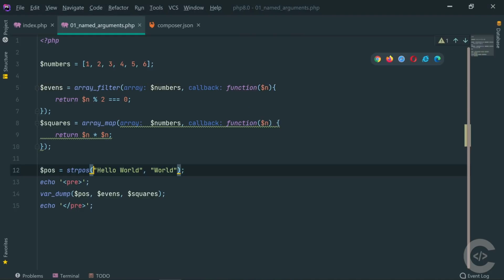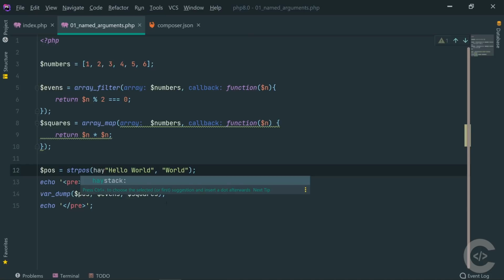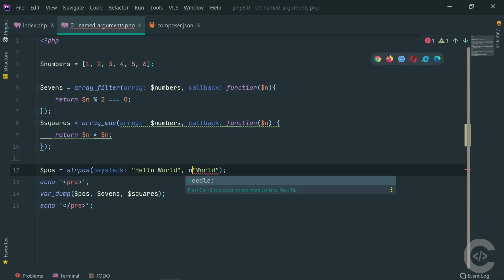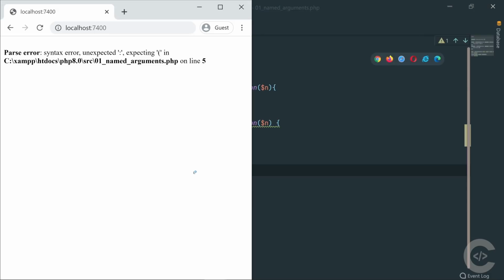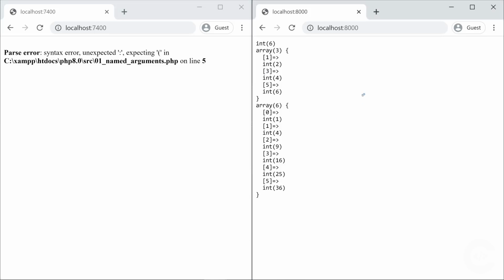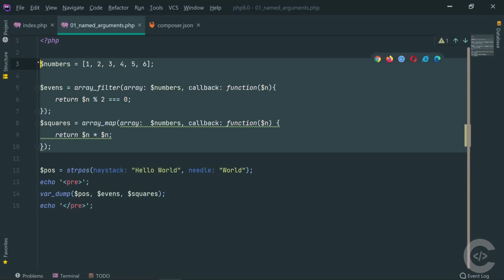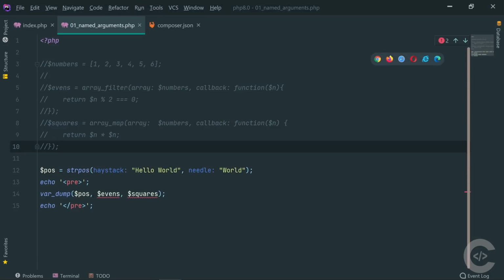We can do the same thing right here. So I can specify always the haystack first. So haystack colon, and look at this, PHP Storm already autocompletes that for me. Hit enter on that, and this is the haystack, this is the needle, and save that and have a look in the browser in both versions. Basically refresh. On the right side it works, on the left side it obviously doesn't work. Even if we comment out these numbers and just leave that haystack and remove that variables as well,